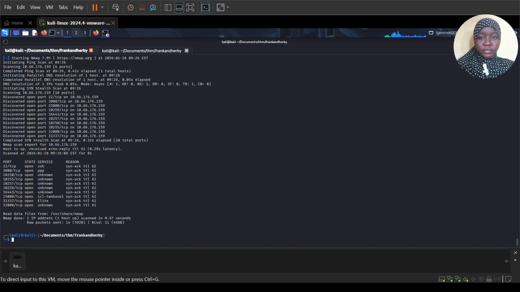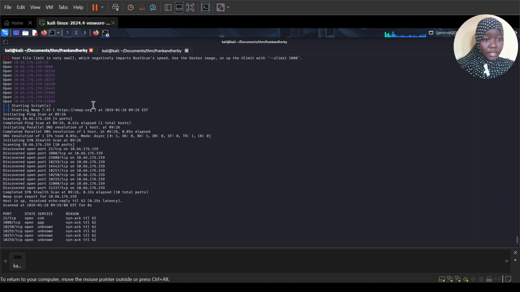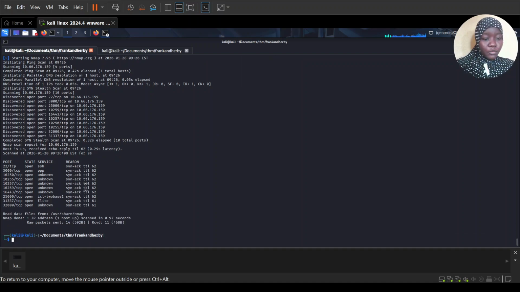Okay, now that we've identified our services and the open ports, let's see how many we have. 1, 2, 3, 4, 5, 6, 7, 8, 9, 10. I'm going to run a deep scan using nmap on the available ports first. Okay, nmap. Let's start all over. Nmap. We want an aggressive scan on these specified ports: 22,